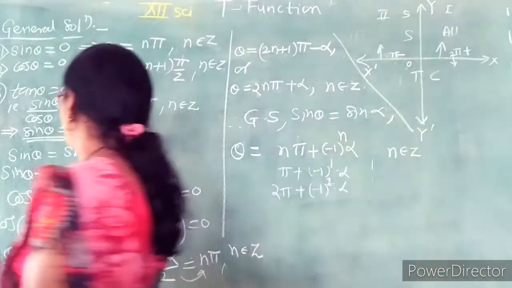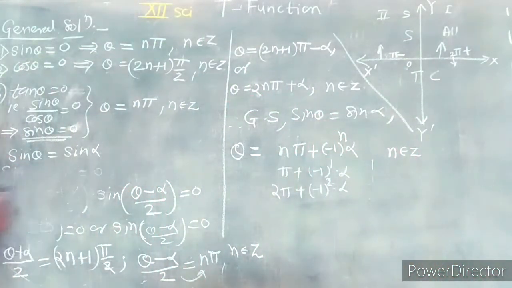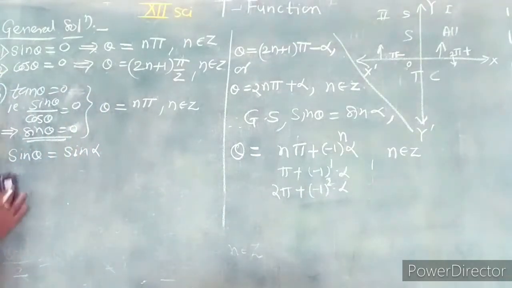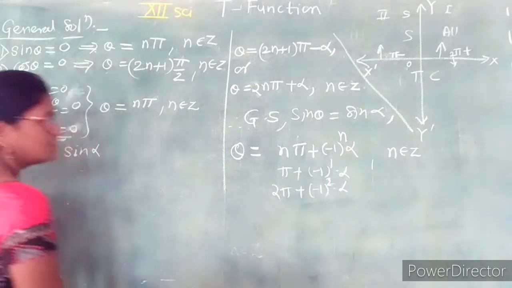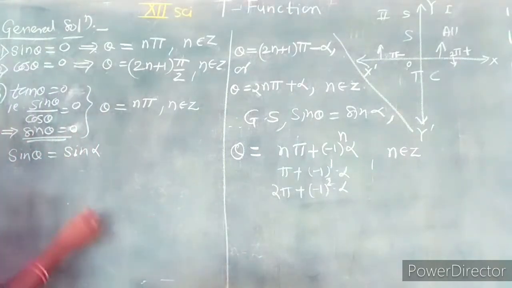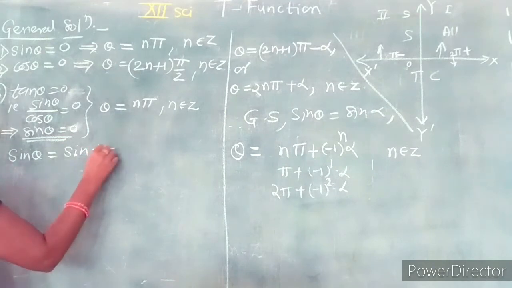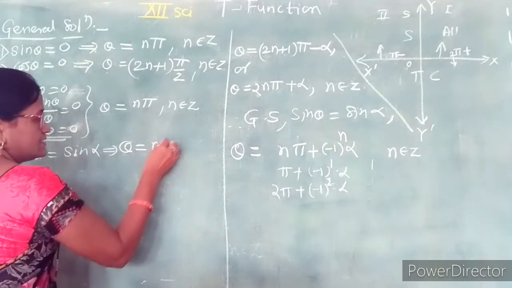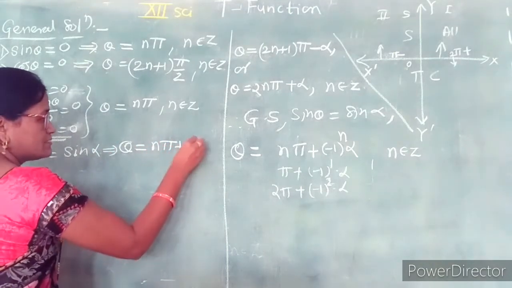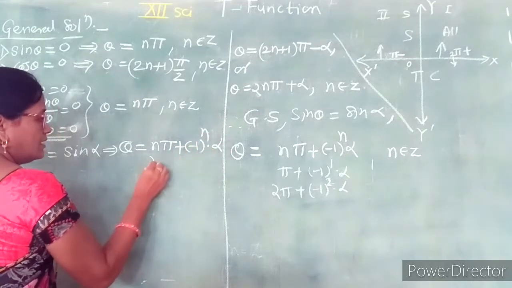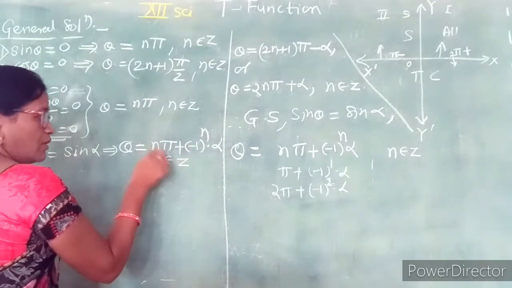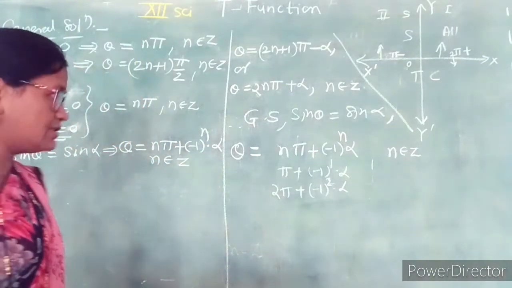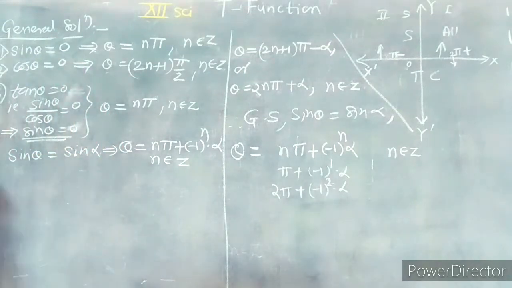Similarly, we can find the solution for the next equation, cos theta equal to cos alpha. Now at this year, this topic is omitted from your syllabus, but this is the main topic of this chapter. So here we get the general solution. Theta can be expressed in terms of alpha: theta is equal to n pi, even and odd multiples, plus minus 1 raised to n times alpha, n belongs to Z. Remember that from an odd multiple we subtract the angle, and in an even multiple we add the angle. This is the general solution for the equation sin theta equal to sin alpha.